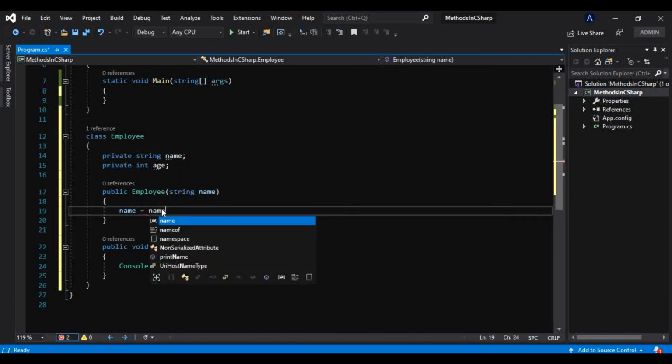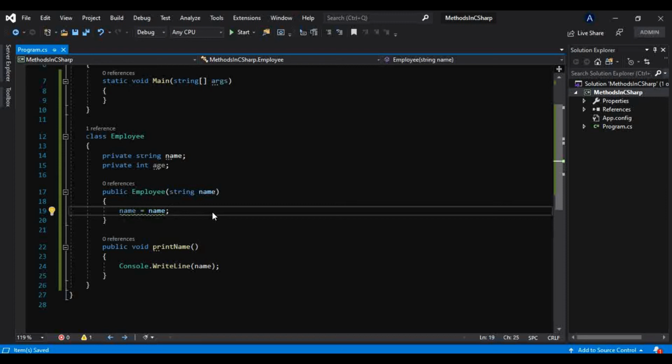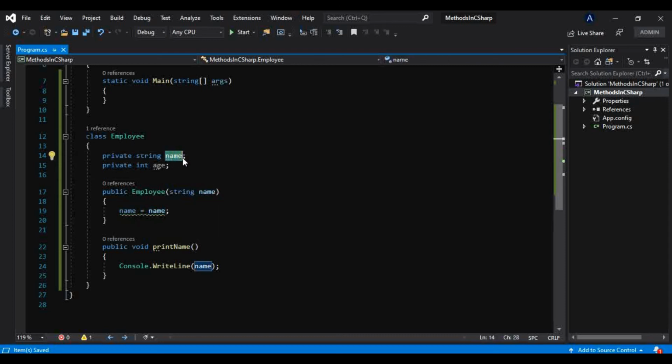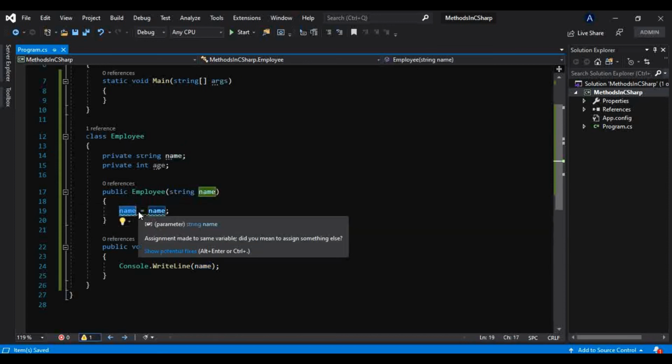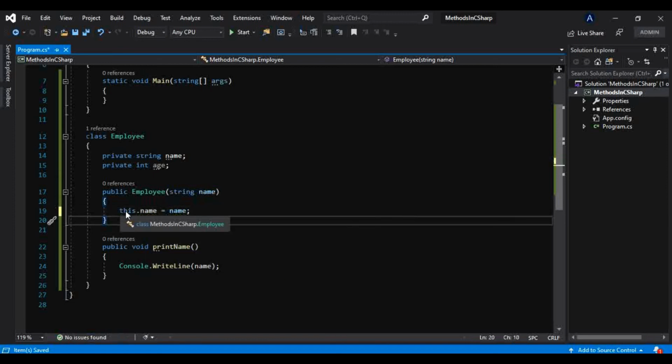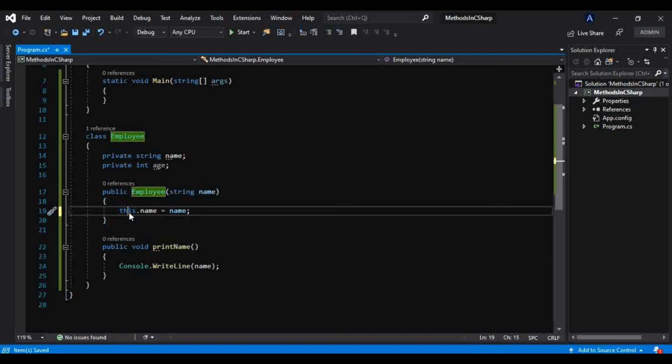Now here, how will you identify that the name coming from here is different from the field name that you have taken in this class? For that there is a keyword, the this keyword, which refers to the current object of your type. In this case we have this class Employee, so this refers to the object of this class.